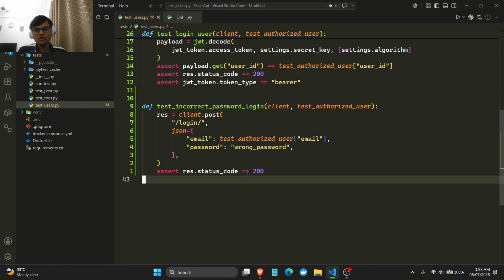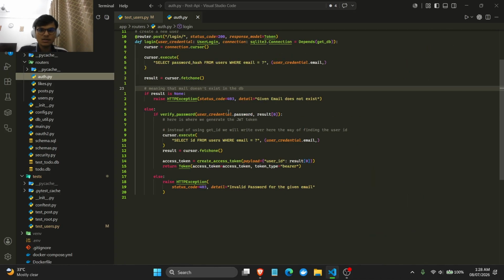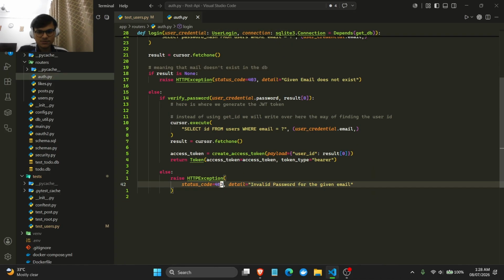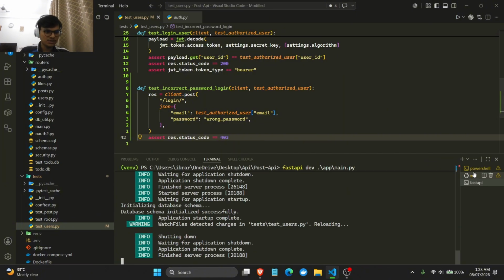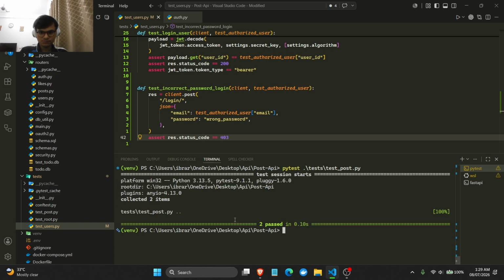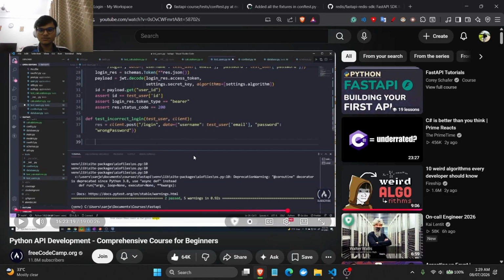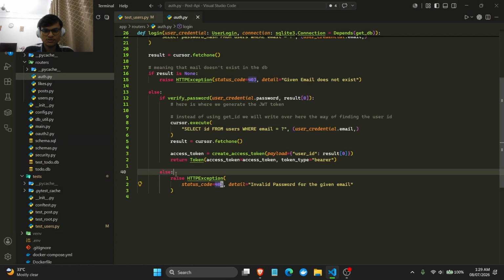Let's see, if you have the wrong password, what will happen to you? If you have a wrong password you will get a status code of 400, so if I say this should be equal to 400, right, because that's the case. Let's actually just do test users. It actually does run. Yeah, so I think that's perfect. Enter wrong credentials, and if you put in wrong credentials we should see some